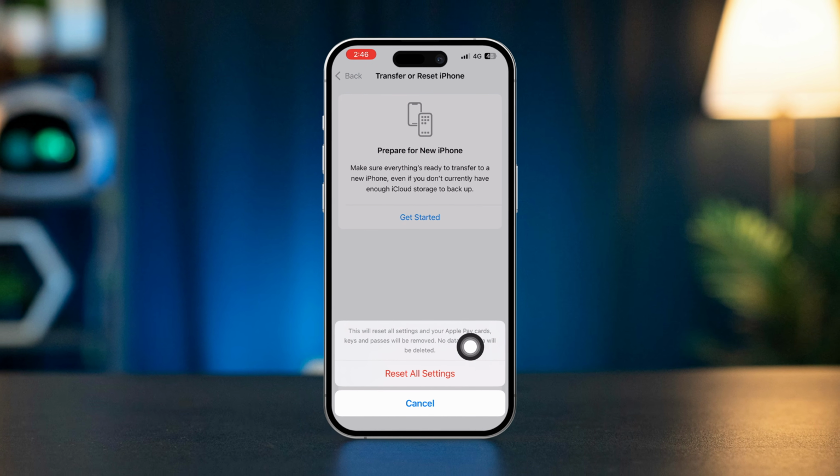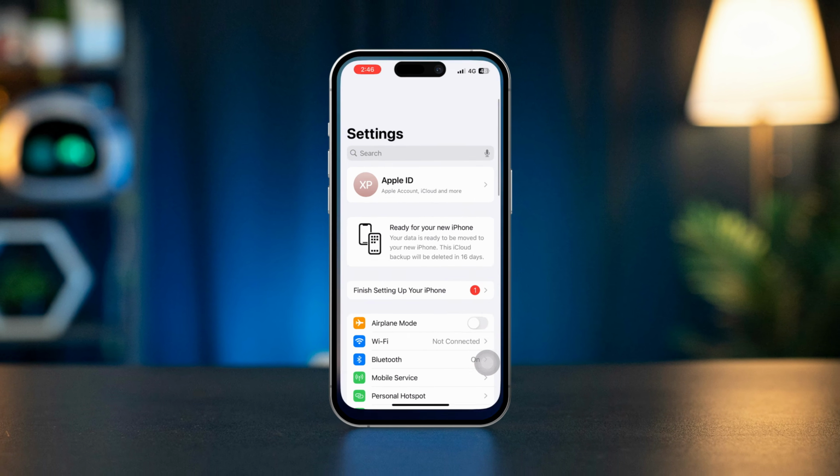By following these steps, you should be able to resolve the issue of not being able to send audio messages